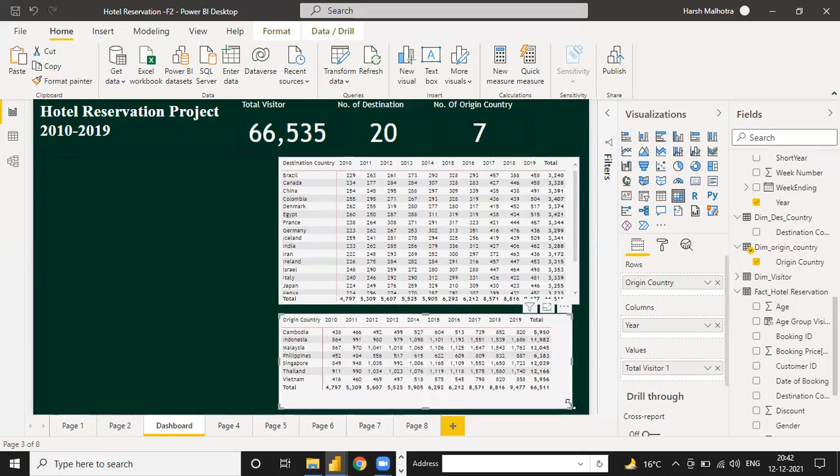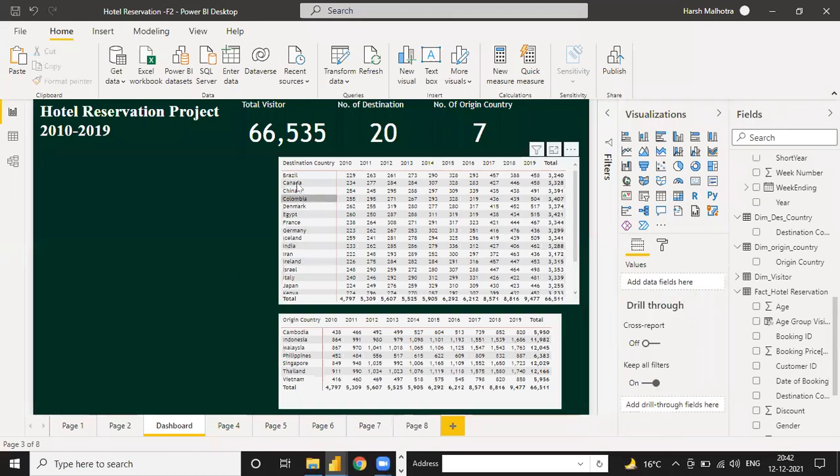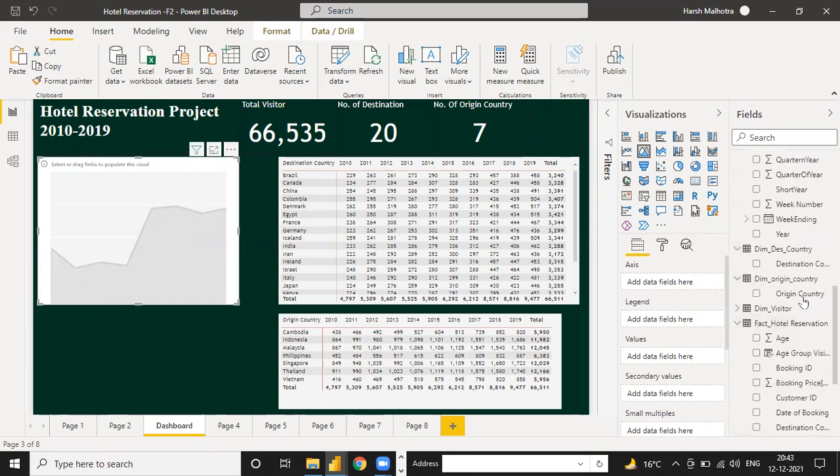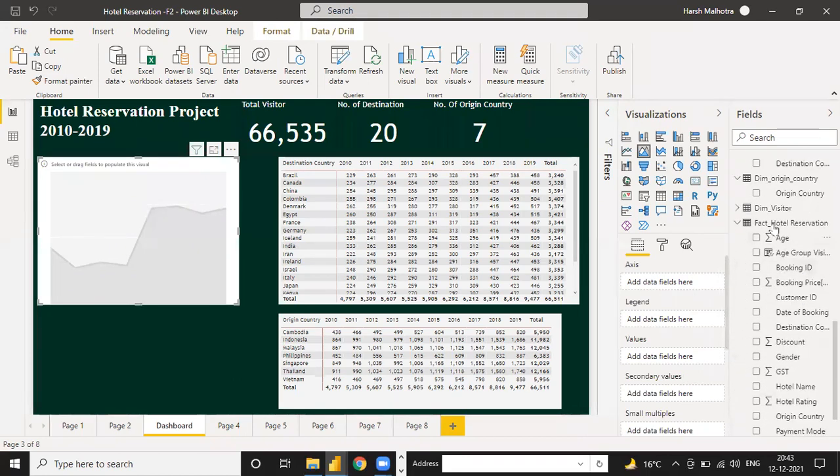So you have both tables. Only the formatting is remaining for these two tables. And we have one more, the large number of most visited country. We want to calculate the most visited country in our data. It is the very first step for our data, that we have to evaluate the most visited country. So go to this destination